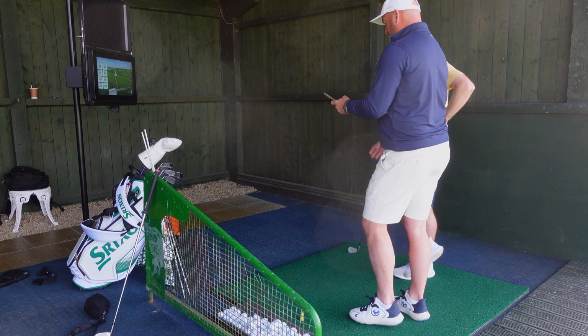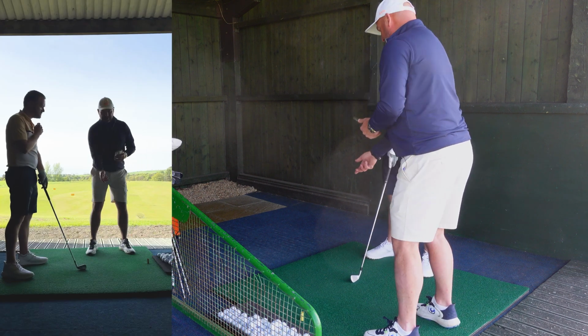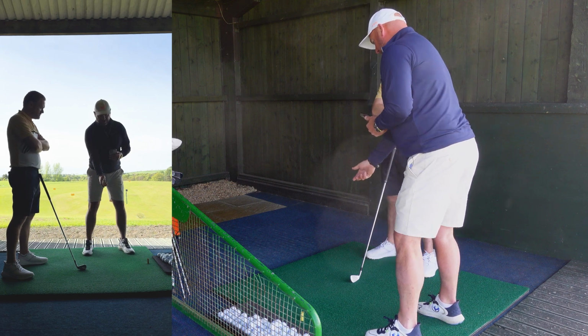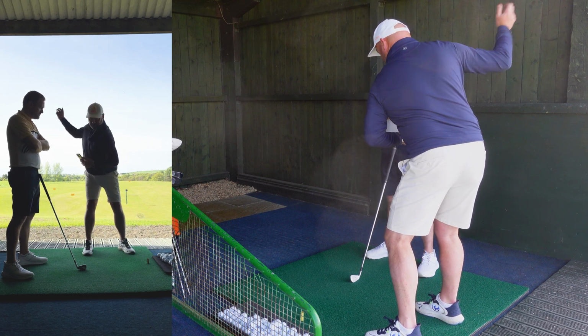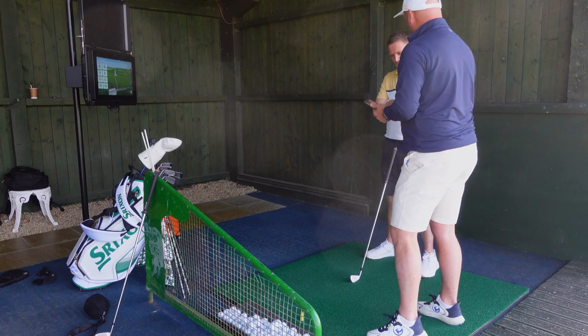So what we're going to try and do with the longer clubs, like this one here, is get yourself just that little left lean there. So we're going to try and get you feeling like you're almost rotating away. This head position is not going to go this way, right? So we're going to try something...